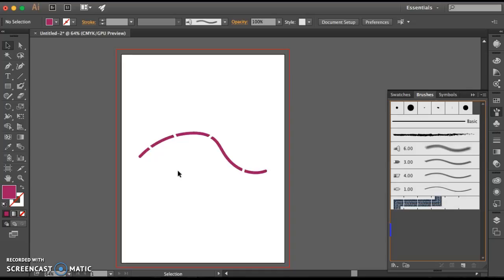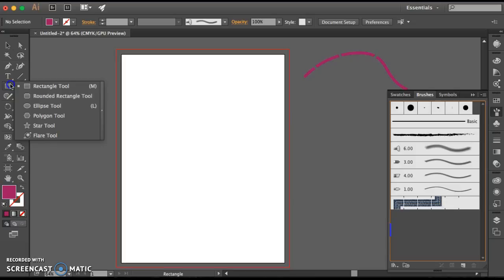Now we're going to move on to drawing shapes. You can go ahead and move these all to the side. Now that they're all different shapes, you can group them and move them, or just select them all and move them over to the side. We're going to click one of the shape tools in the tools panel, such as the polygon tool. So that can be located under the hidden rectangle tool. That's over here. And what you want to do is set the fill, stroke and stroke width for the shape